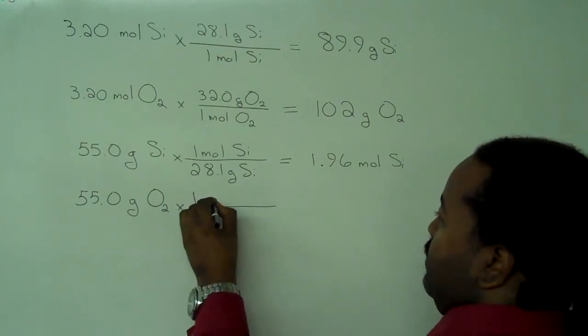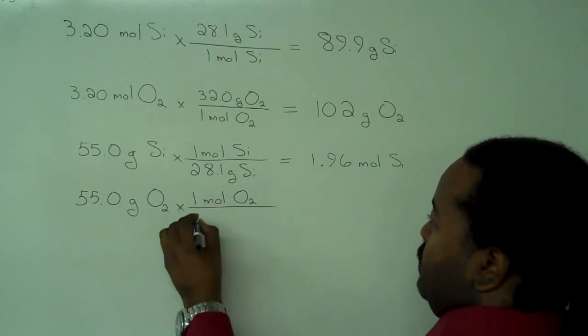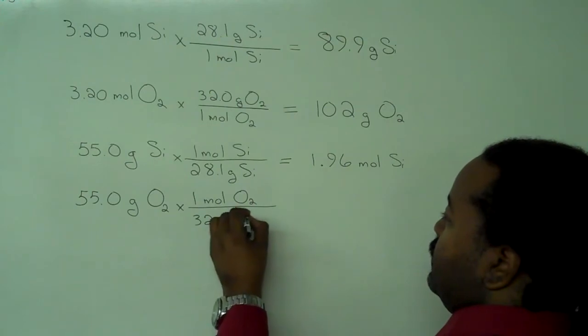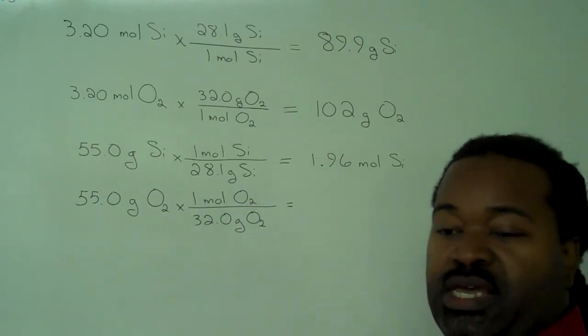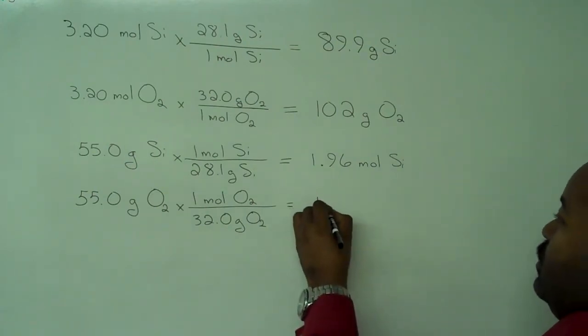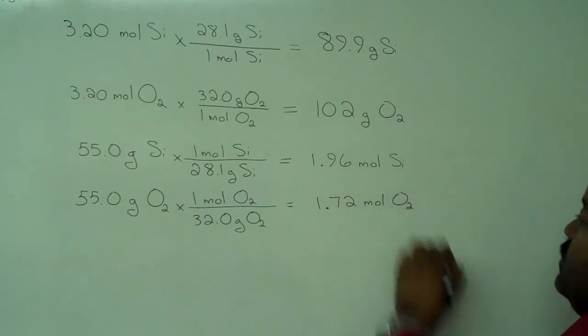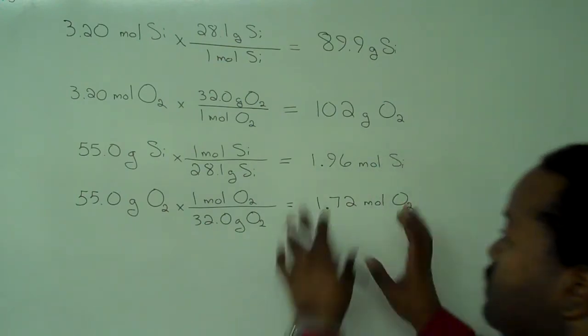For oxygen, it's the same thing as before. Moles on top, grams on bottom, because that's what we want to change from. 32 grams in 1 mole, and with 55 grams of it, I'm going to have 1.72 moles of oxygen. So one last thing we can do with the mole concept is actually use the quantity